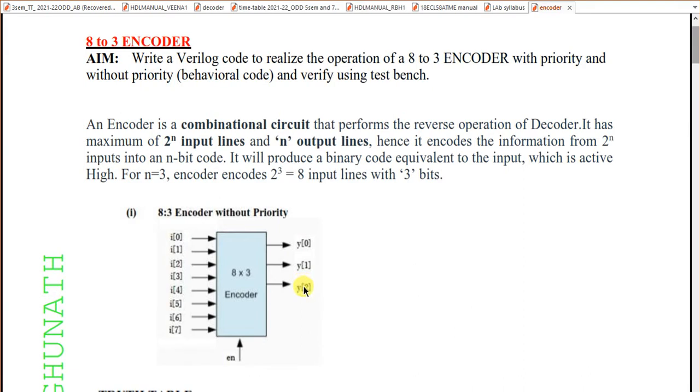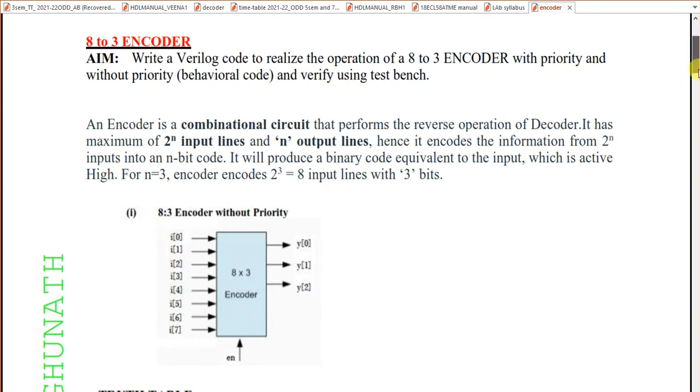It is going to code each of the 8 input lines into a 3 bit code, producing a binary code equivalent to the input which is active high. So totally we have 2 power 3 equals 8 inputs, and these 8 input combinations are coded with a unique code representation of 3 bits.